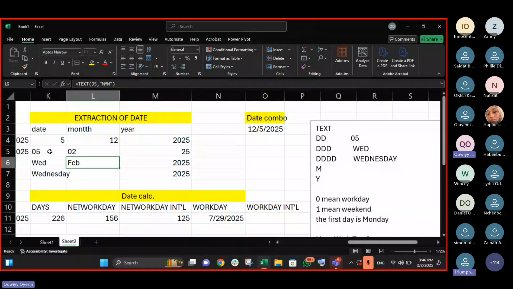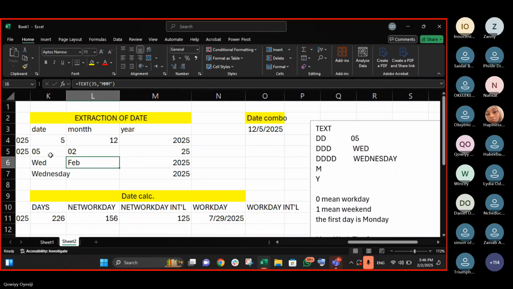So that means it has converted this figure to text. You get it? Okay. It just converts the figure to text. That's the question we would have asked you first, but thank God you asked it, because initially I said I was going to give it to you as an assignment, to go and check why it is like that. So ordinarily the figure should be on the left-hand side. And it's the same way: if I convert this one to text also, it's going to work, as long as it's converted to text.